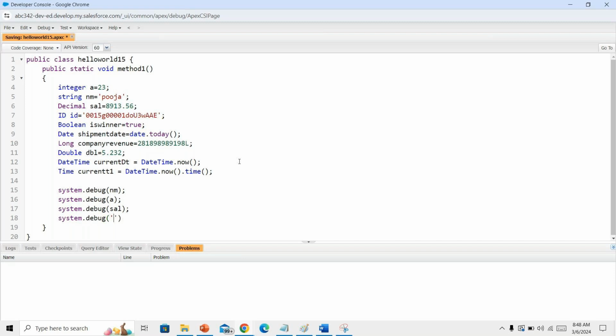Okay, if you want to get the date, I'm using the shipment date. I've been copying the shipment date, and also I'm getting the current date. System.debug of... if you want to get the current date,